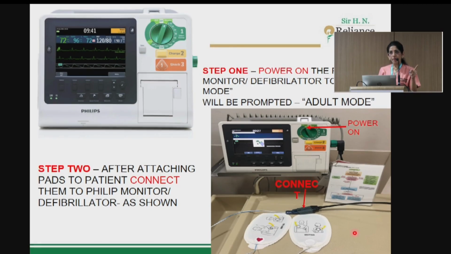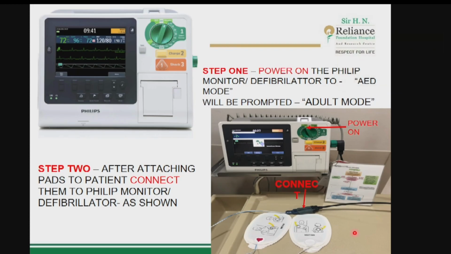If it's a shockable rhythm, then give the shock. And the machine will prompt you. It is an automatically generated prompt, so it will prompt you that it is shocking the rhythm. So when it is shocking, that time you say, I stay clear, you stay clear, all clear. So make sure that everybody is away from the patient and nobody gets electrocuted. So that is the most important thing. Make sure that everybody is away and then give the shock.